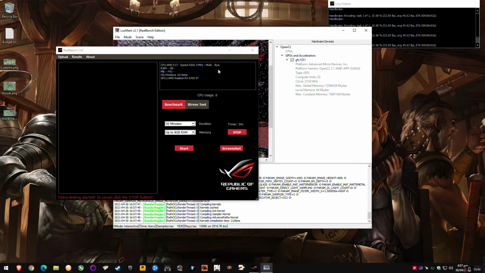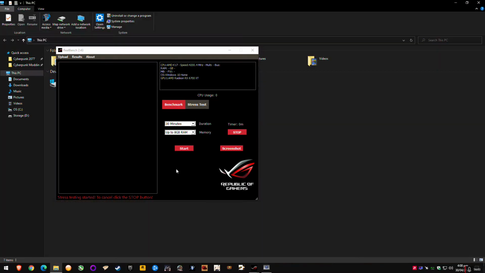So it's still more intensive than a gaming workload usually would be, although gaming does load the CPU to a fair amount. But this is a good way to test your CPU without overly stressing it. And one thing I forgot to tell you is that while you're running RealBench, go back to your other folder where we downloaded stuff,